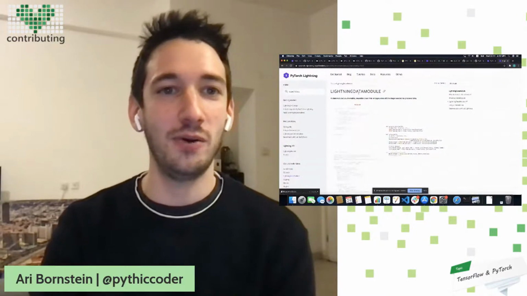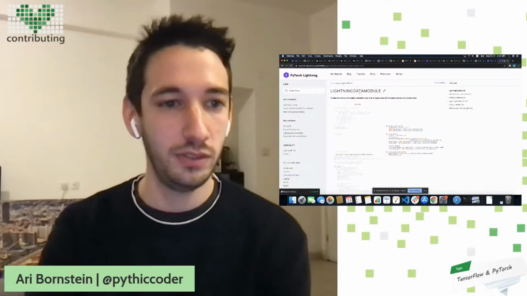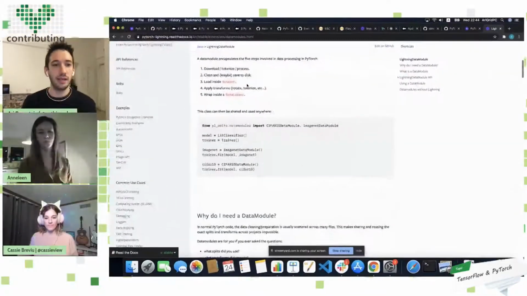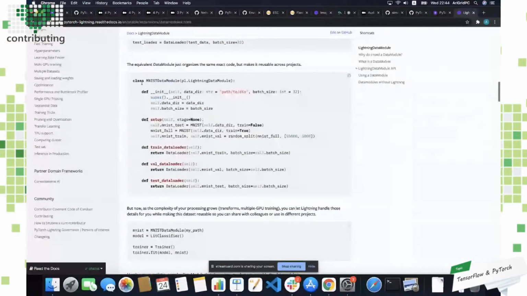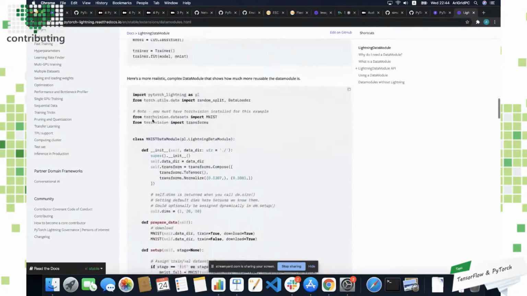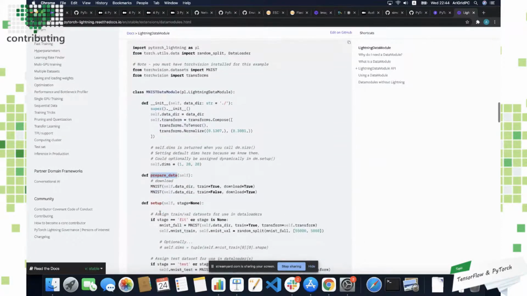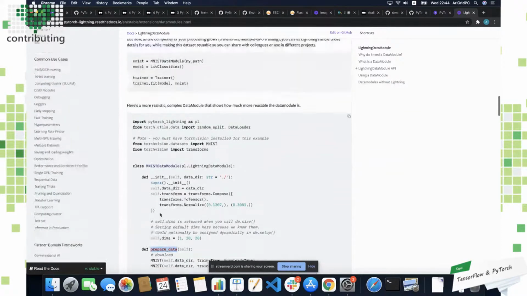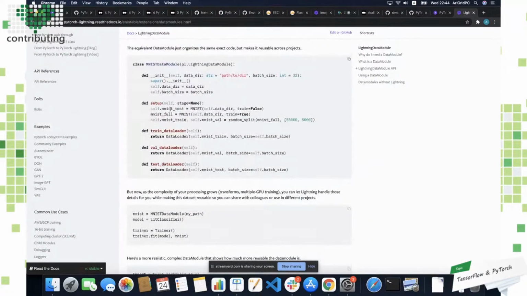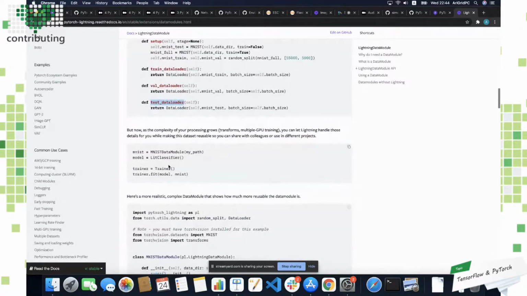Okay. So here, if I go into the docs, I have my Lightning data module. What the Lightning data module is, is essentially a simple class with organized hooks. So I have my initialize, I have my setup. There are additional hooks you can put in as well, like prepare data. This is where I would actually download the data. Then I have my setup where I'd go in and manage the different splits and trains. I have my train data loader, my val data loader, and there's all this documentation.